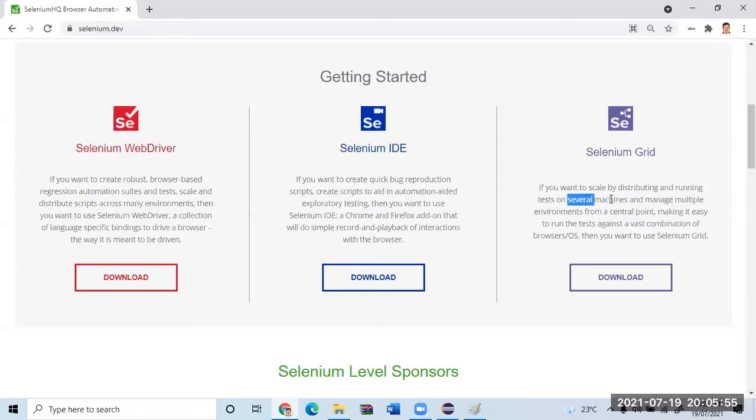That means, do we test the application only in one OS and one browser, or should we test it in multiple OS, multiple browsers, and multiple versions? Yes. I hope all of us have heard of a term called compatibility testing. For multi-platform testing, which we call compatibility testing, what do we need? We need Selenium Grid.